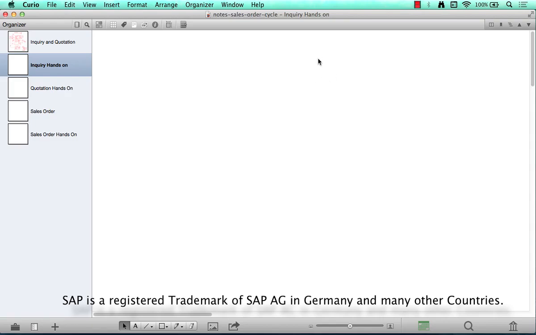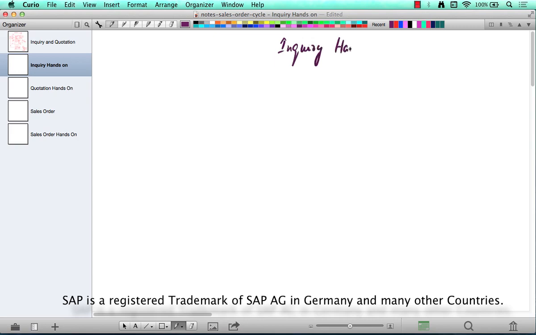Okay, in this chapter, we're going to see how to create an inquiry in the system. Inquiry hands-on. So where do we start? So step number 1,